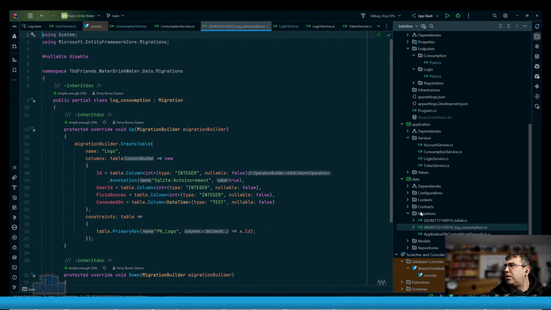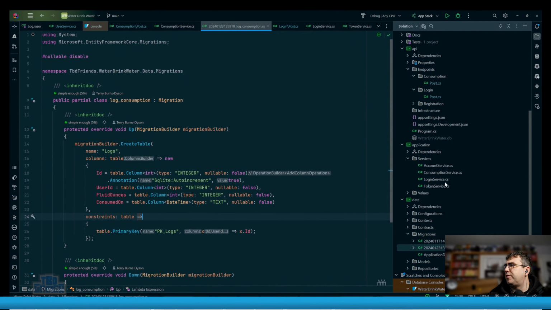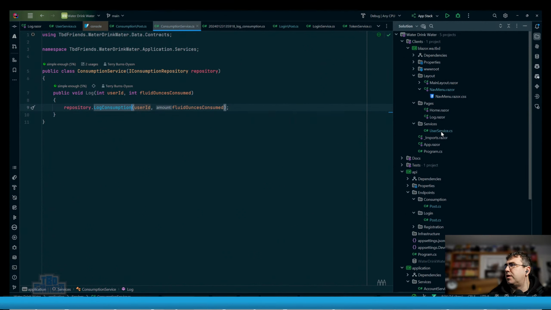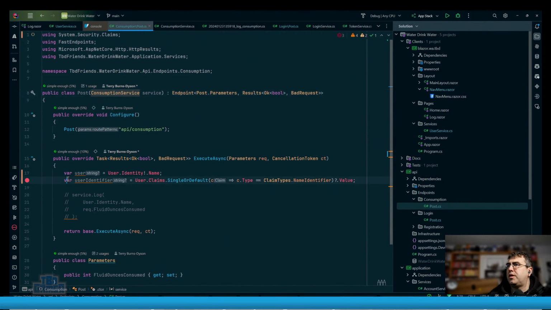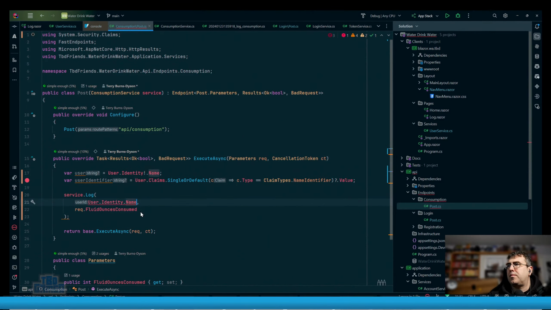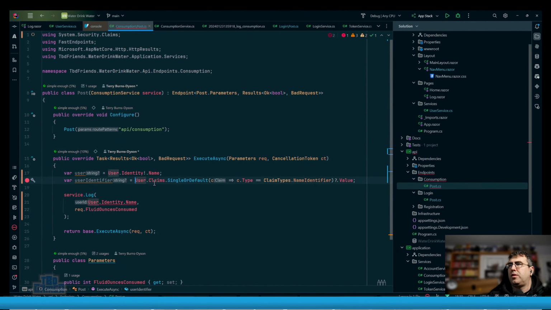So with that in place, we now have the ability to use our consumption service, which should log. So if we go back to our consumption post and uncomment this, we need our user identifier. Now, I'm assuming user ID is 1 here. So what we're going to do is